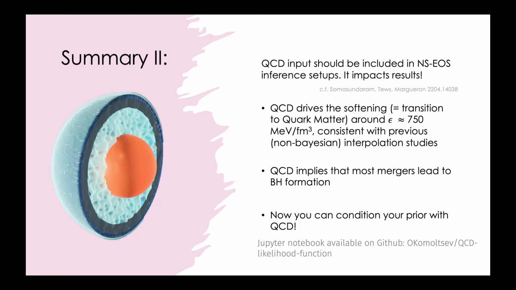Right, absolutely. So if we were to see the post-merger signal, that would of course tell us about the densities reached in the post-merger, and that would give us a wealth of data about the equation of state. Or even the absence of the post-merger, right? The absence of the post-merger signal would also constrain, because it would confirm your expectation. It has to be a black hole at that density.